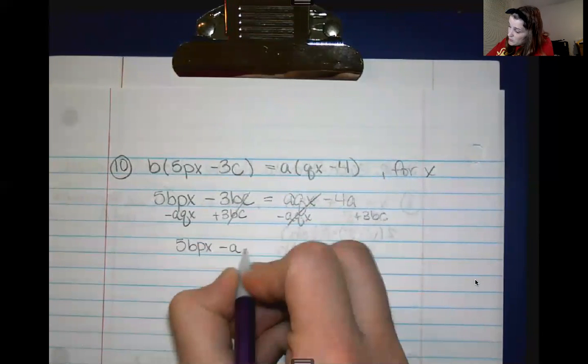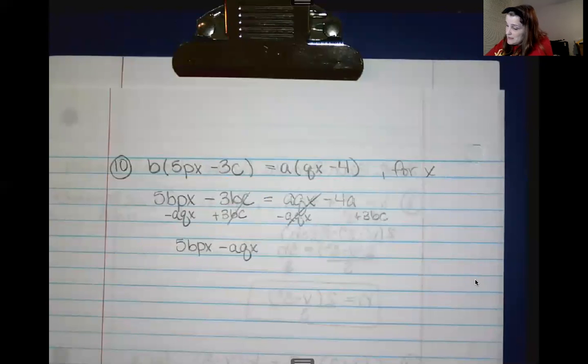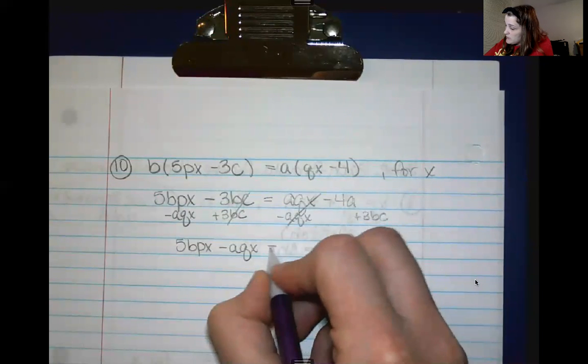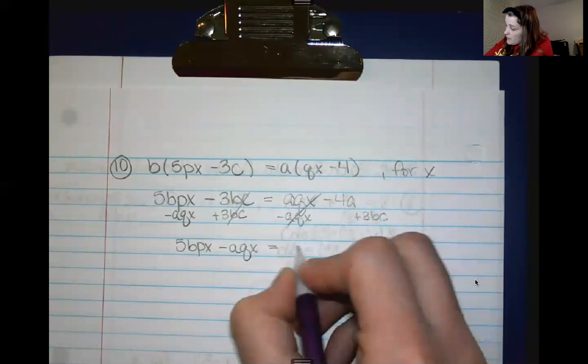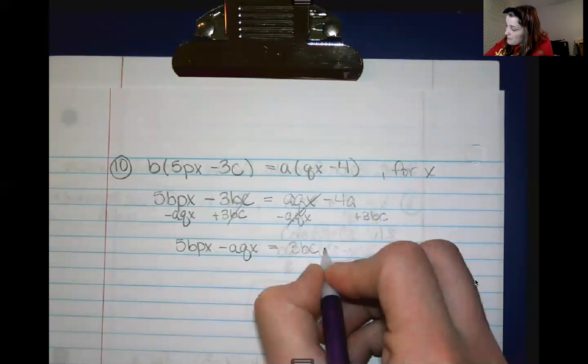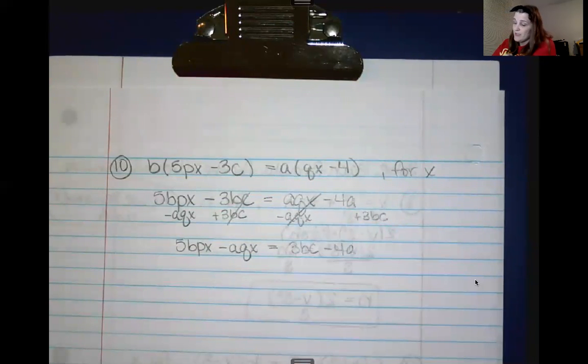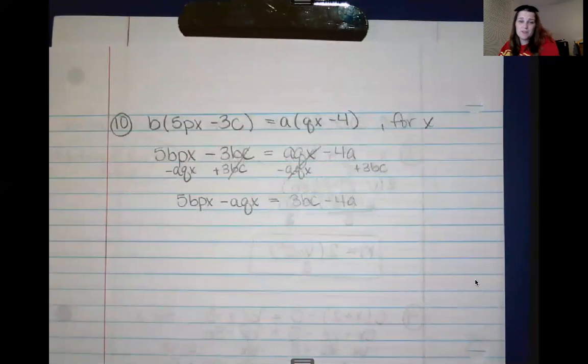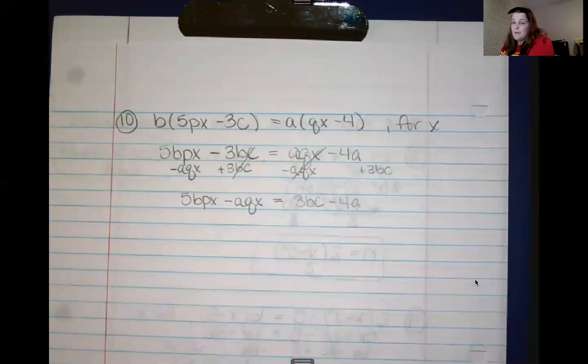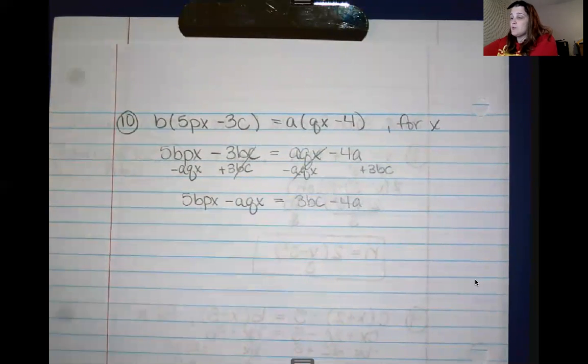minus aqx equals 3bc minus 4a. Now again, it would have been okay if you had written negative 4a plus 3bc, but again, I just chose to